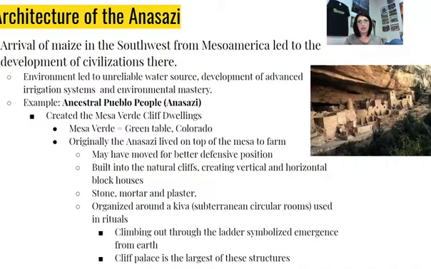So remember that green's importance is new life, new growth, new crops, basically. The Anasazi had originally, from archaeology we've seen, lived on top of this green table on top of this cliff. And then eventually, as that starts to get into competition with other areas or other people who want those crops and could lead to them being conquered, they moved into the cliffs, possibly for a better defensive position, maybe for better shelter, maybe just because it was a cooler place to live in terms of temperature. But they used what they had to build into these natural cliffs.